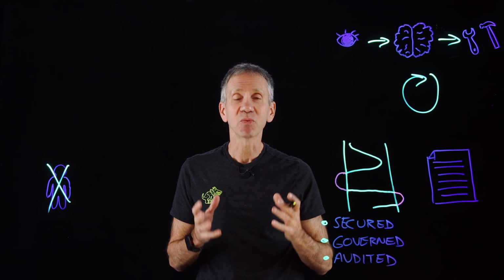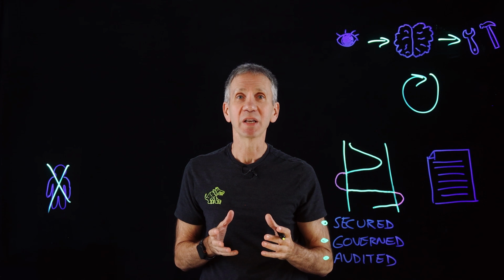IBM and Anthropic recently released a guide to architecting secure enterprise AI agents with MCP. I think you're going to find it interesting. In this video, we're going to do a dive into that document to discuss the risks with AI agents and how you can address them with secure architecture principles.